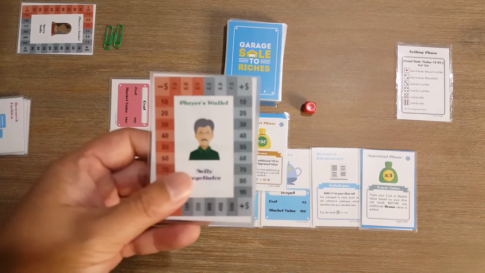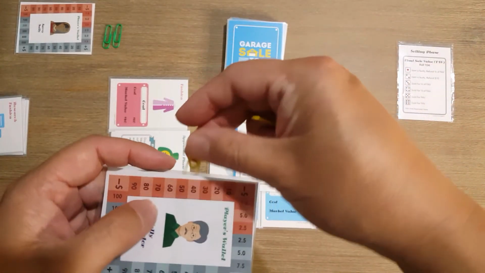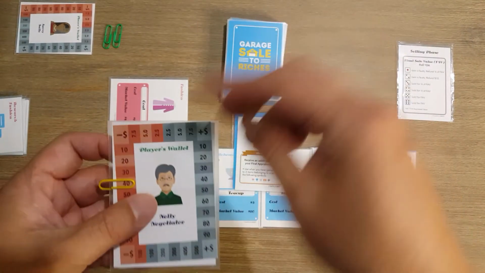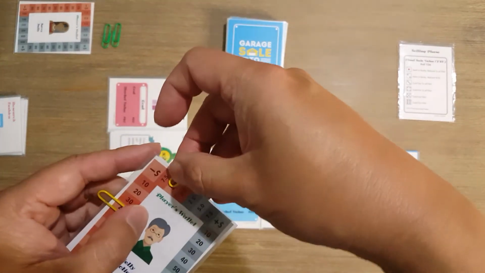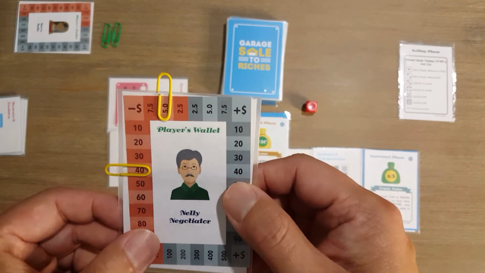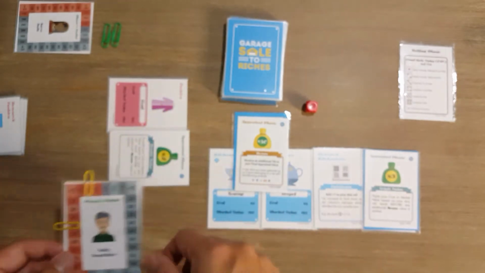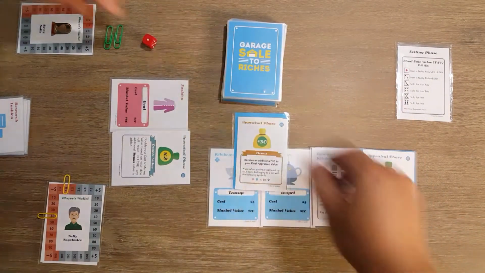So using your player card, you put a clip on 40, the red is actually the loss, and so your player so far has lost $45. This is what happens if you roll a 1. So put it there. So the next player will do a roll as well,